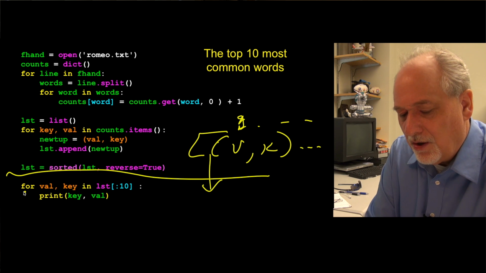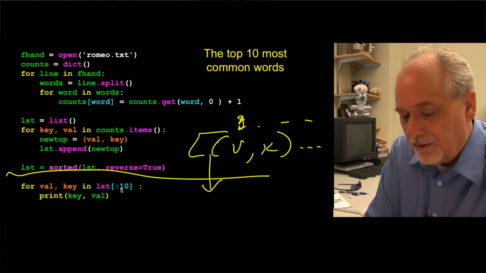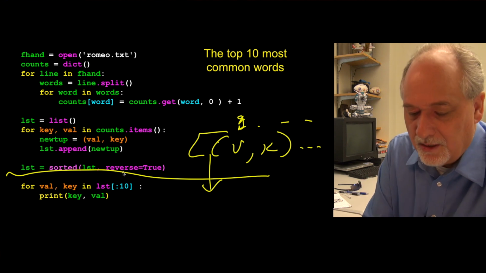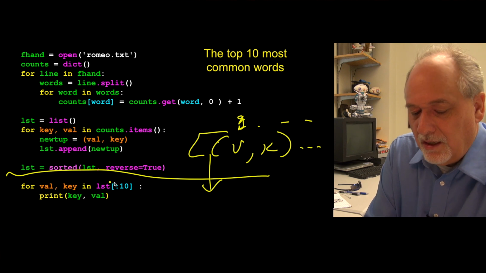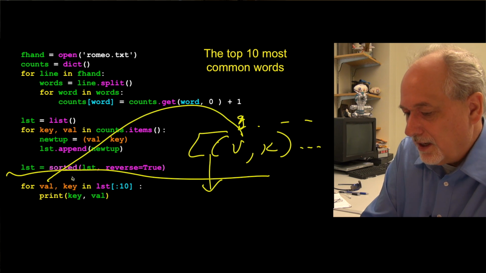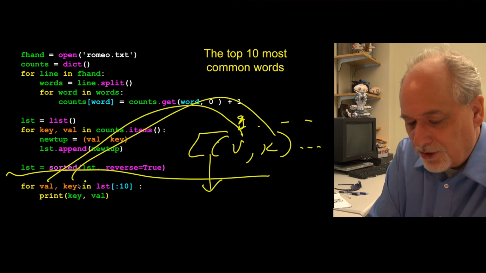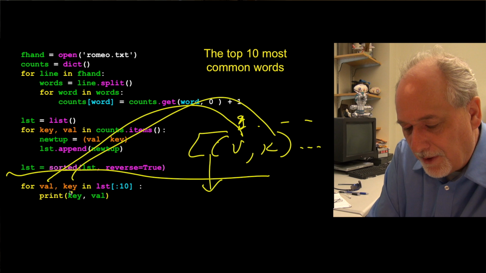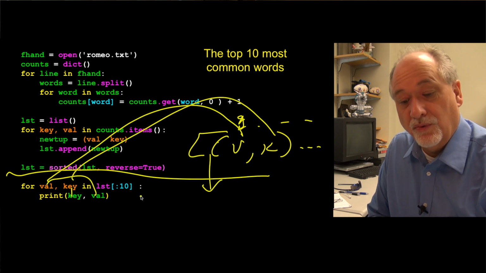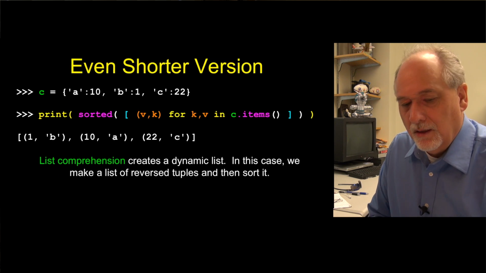And so we're going to run through this new list, only the first 10, start at the beginning up to, but not including number 10, which is the first 10. For value key in, and so value is good. So this is the iteration variable that's going to go through each of these things on and down, and then we're just going to print it out flipping it. So we re-flip it, flip, flip. We print it out key value, and it's going to work. Okay, so